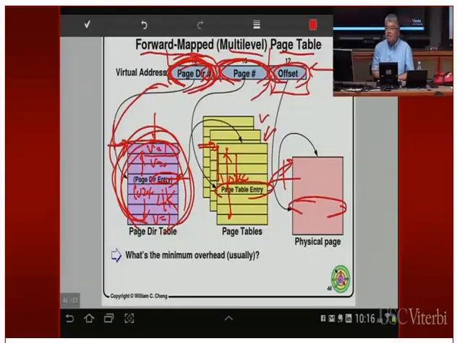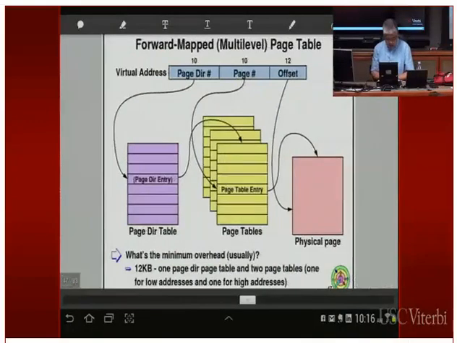Okay, is that a good trade-off? Not really, because if you're running your CPU twice as slow, that's a big penalty. Okay, so we're going to address that problem of being too slow a little later. But keep in mind that over here you save space, but we're running twice as slow. Okay, and twice as slow is really too slow. All right, we're going to come back to that.